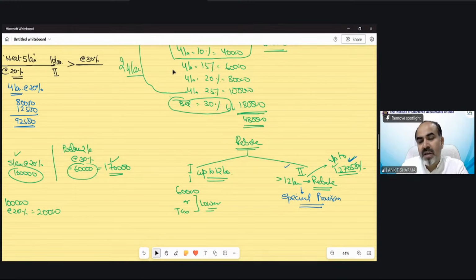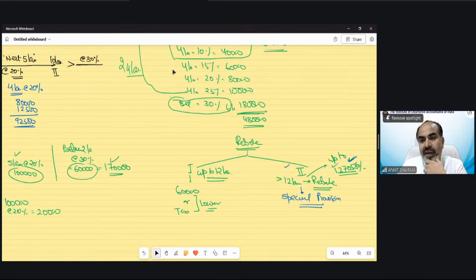Mr. Kambiraka is asking, sir, if income is 1 crore 1 lakh, the surcharge increases from 10 to 15% because of rupees 1 lakh. So for any relief to lower the burden of tax, there is a concept of marginal relief that we will discuss after that, but the surcharge rate would be 15%. But there is a concept of marginal relief, we will discuss it.